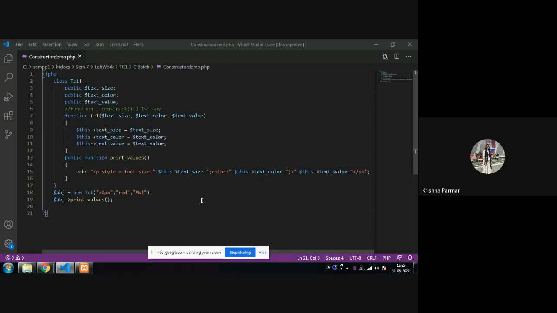Are you done with this or you need time to write it down? Yes, yes, go ahead, Komal, no problem. You can use Sublime also for this lab session. If you are used to it, then you can go for it.